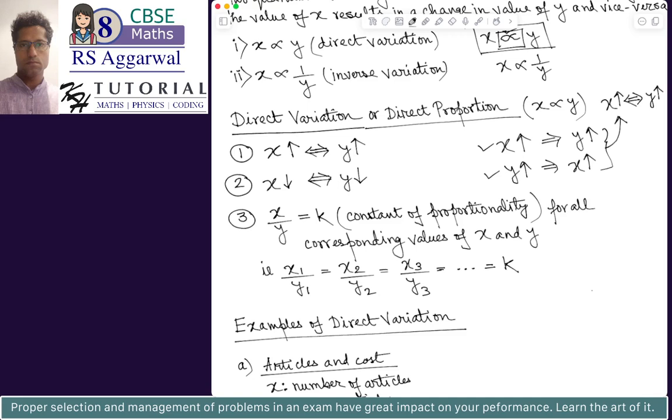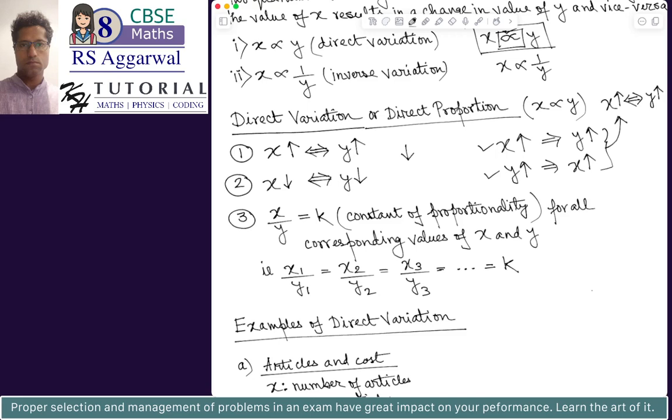Okay, similarly, if you decrease the value of x, by this symbol I mean the value is decreasing, that is, if you decrease the value of quantity x, then the value of quantity y will also decrease. Similarly, if you decrease the value of the quantity y, it will also mean that the value of the quantity x will decrease. So we have double implication. Now, it has been observed that